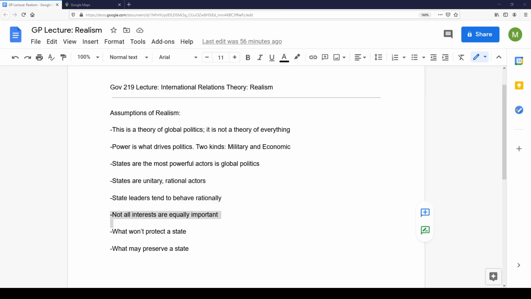Okay, next point on the outline here. Not all interests are equally important, and this ties into the rationality bit. Realists identify maybe a continuum of interest that states tend to have, and it runs the range of core national interests, things that are of the utmost importance to the government, all the way down to items that are preferences. And part of the responsibility of a state's government's leadership is to be able to distinguish between those things